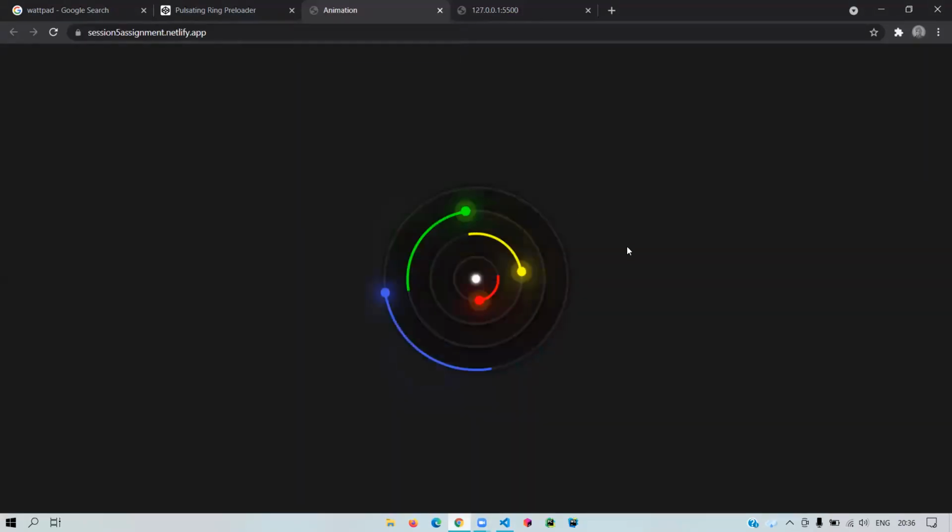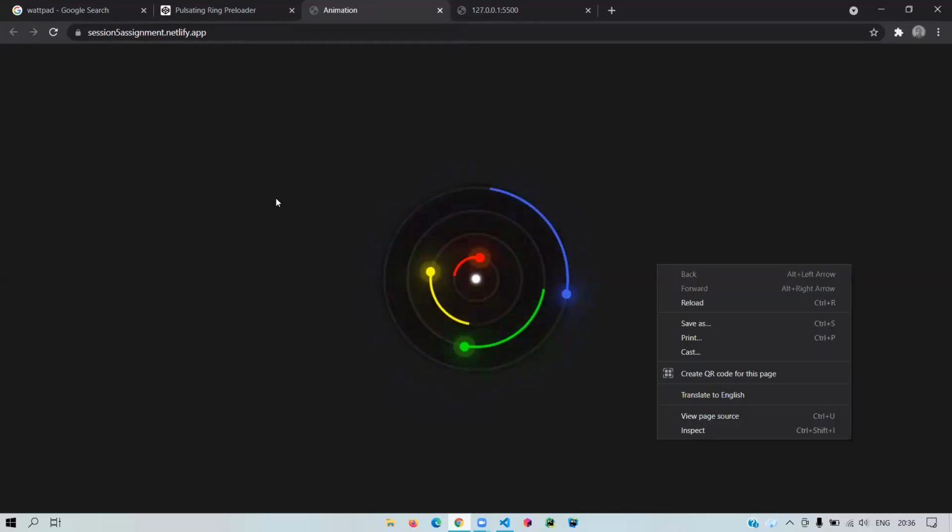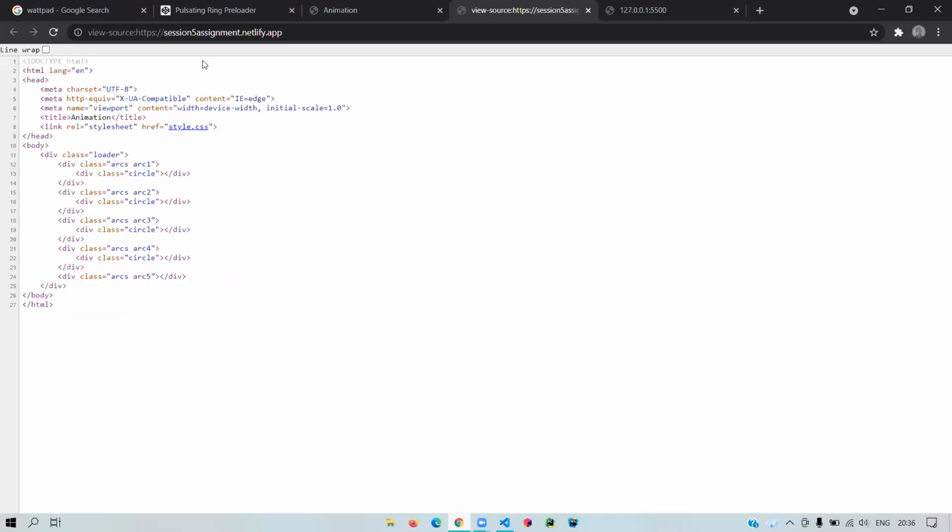With the last project, the last assignment was basically you had to create an animation and submit it, and this was what he submitted. So you can see what he made, and it's really beautiful. If you want the source, you can check. This was his code for HTML, and this was his CSS. He didn't use any JavaScript because it wasn't really required, but you get the point, right? You could make something like this by just using HTML and CSS.